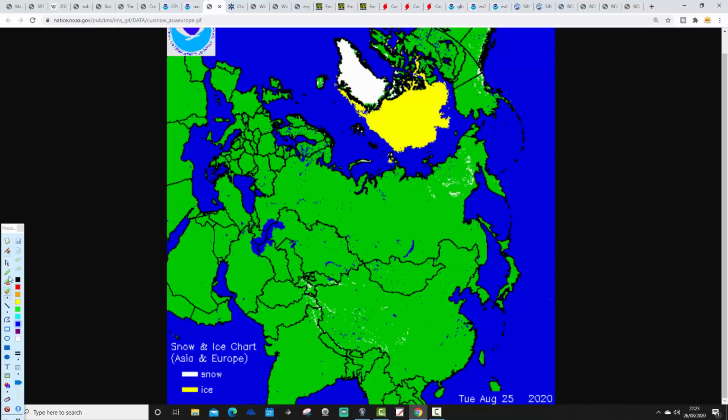So yes, we already have one or two little smatterings of snow here across the far eastern part of Siberia, but over the next few weeks and months, this entire area is going to get filled up with snow. How quickly will it happen? If it advances quickly across Siberia through October in particular, that may indicate that we're going to have a strengthened Siberian high.